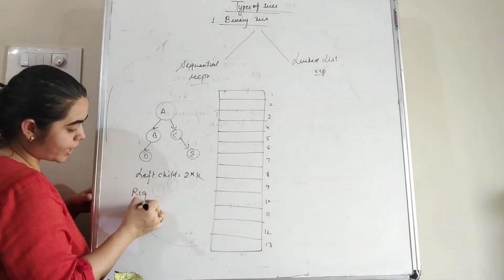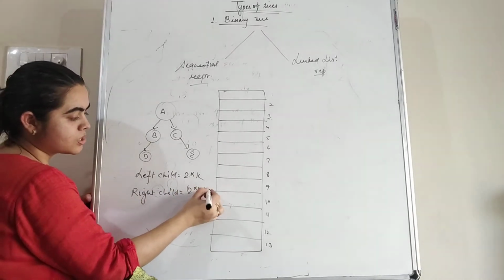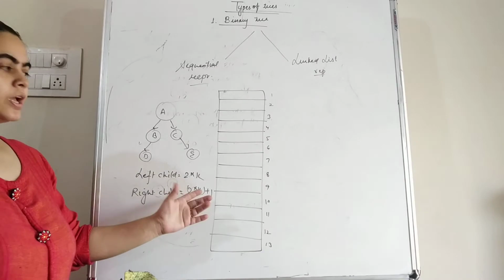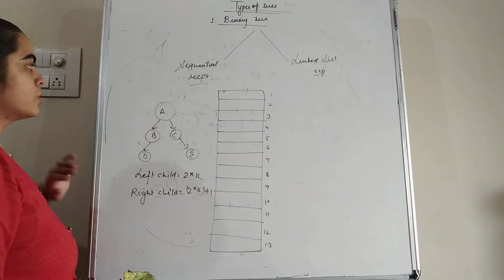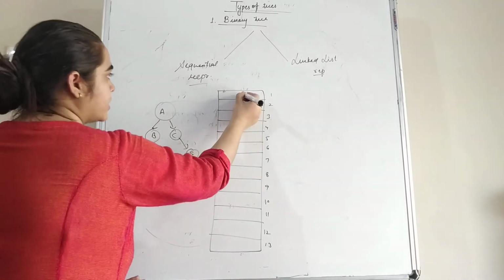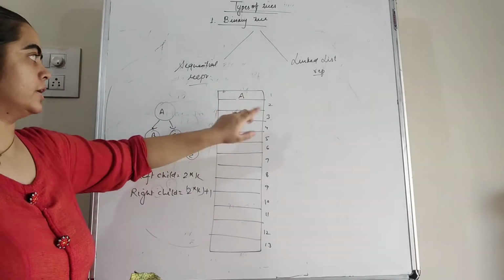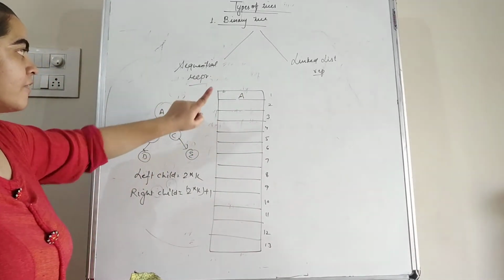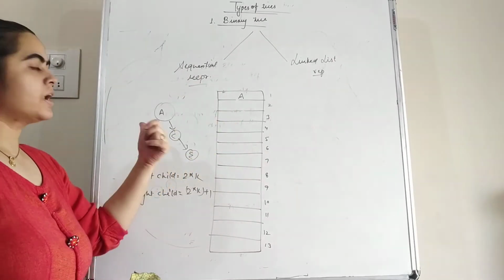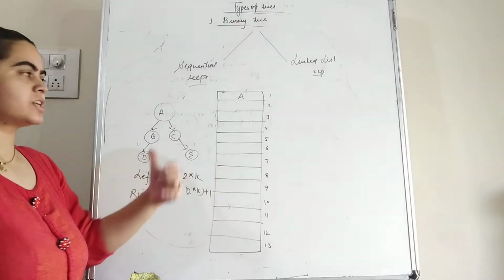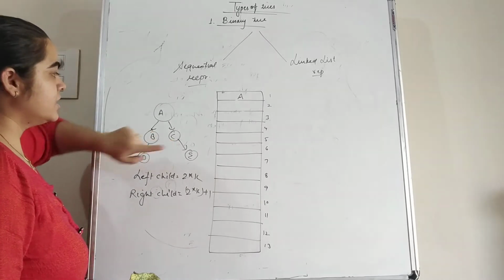And in order to calculate the memory address or the memory location of the right child, you have to use this formula, that is 2 into k in the brackets, then plus 1. Now you can start with the first node. While you are adding the first node, you can put it at the first memory location of the array. So here this is the root node, and after the root node you always add the left child in the array, and after the left child you add the right child. So after A we can add B in the array, and then we can add C in the array.